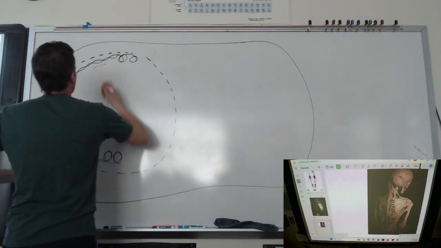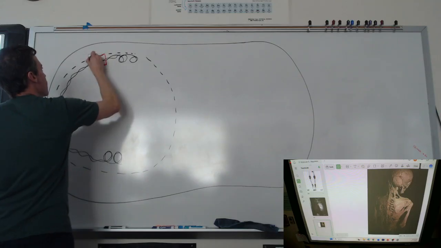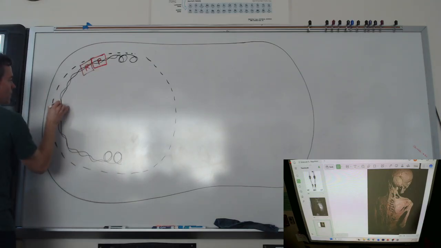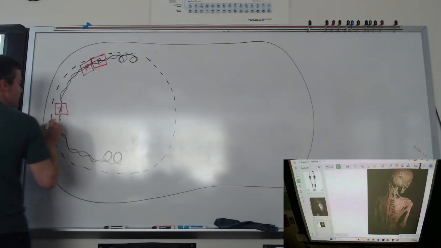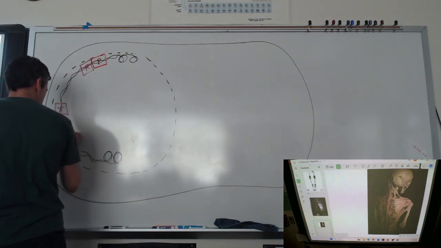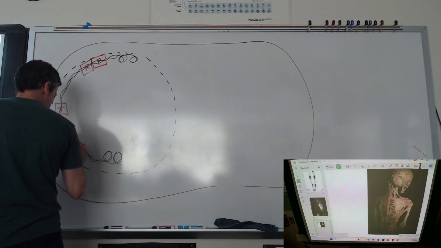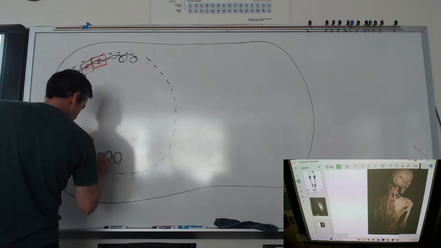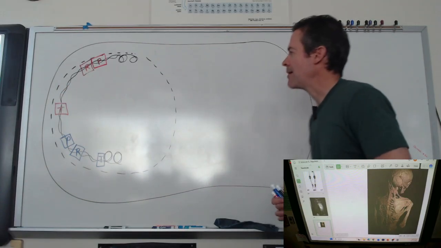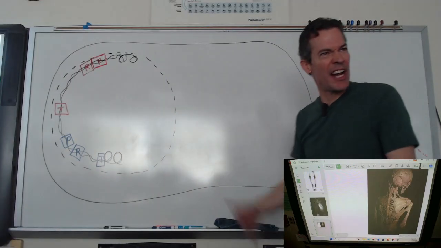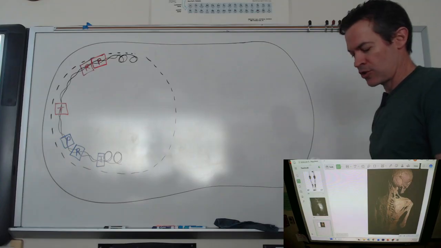I'll use red and blue. That's a letter P. That one's a letter R. And that one is a T. So P, R, and T. Leave a little gap right here. P, R, T. Kind of like that. So if these can be one color and that can be a different color, it'll be a little bit easier to kind of follow along. If you've only got a pencil, then it doesn't matter too much.